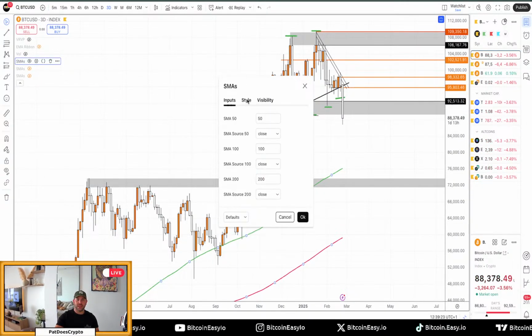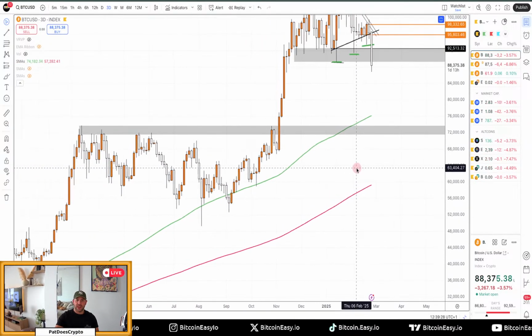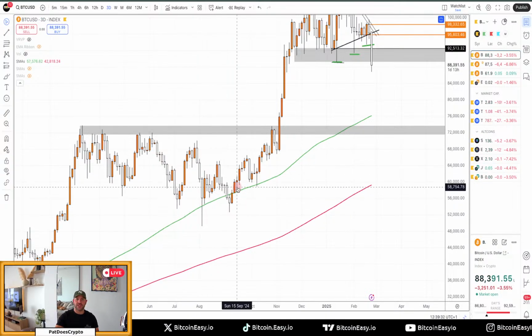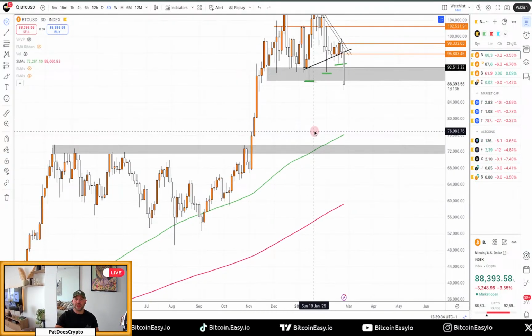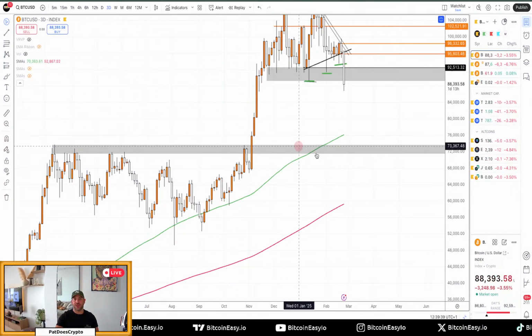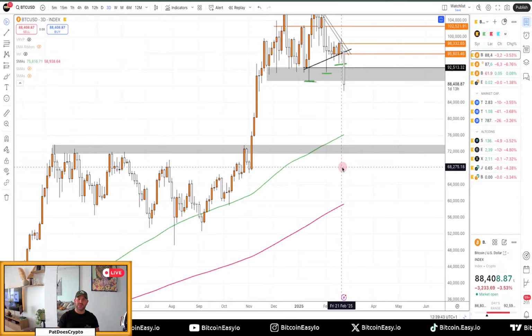Is it the 100? Yes, it's the 100 simple moving average on the 3-day chart. And you can see that we breached it briefly in the previous range and then bounced back on it and came back up. And that's lining up here also in that key area of 72K to 74K. So there's a potential spot that I've been talking about for a long time with you guys as well,